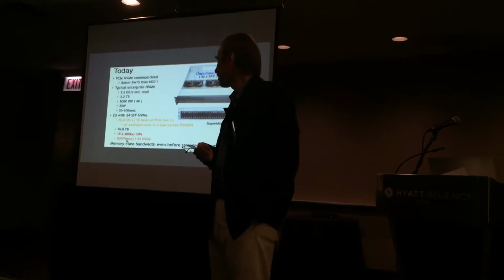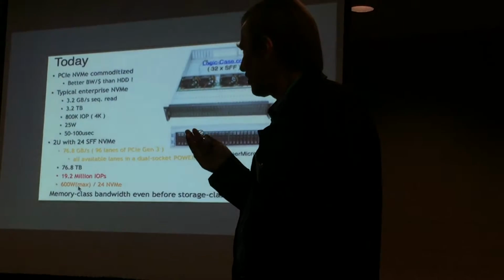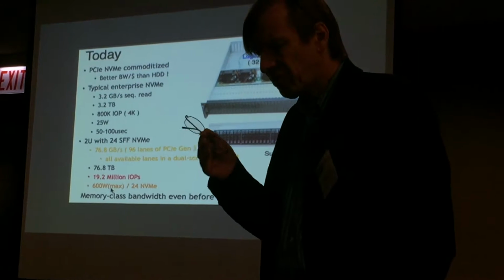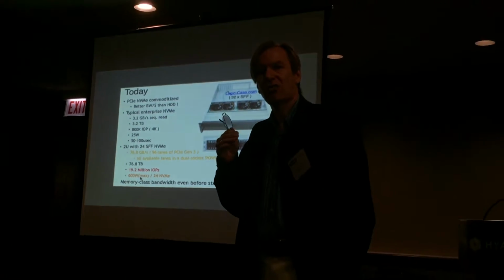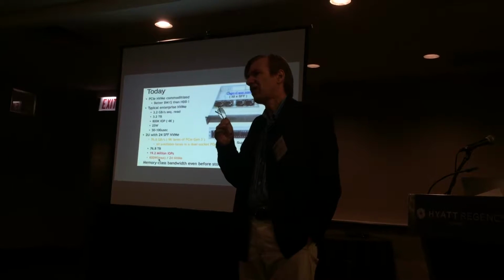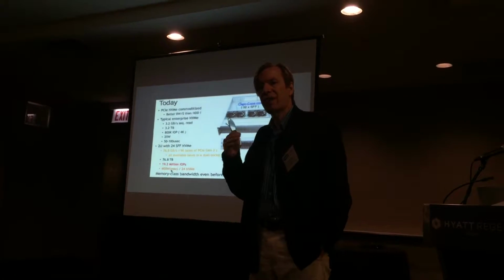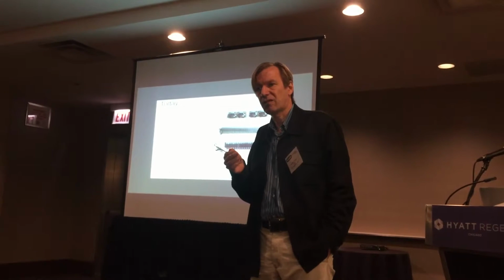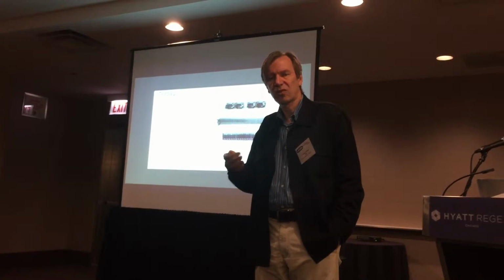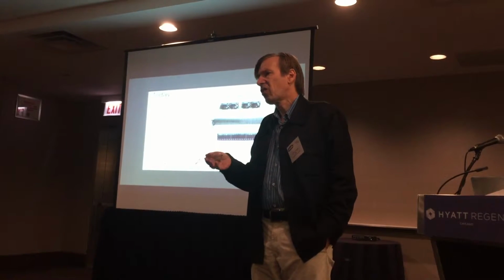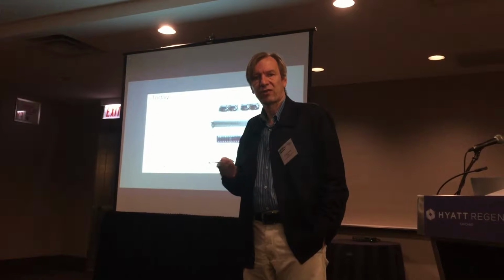So that's not very different. What is surprising, though, is that the cost of these things has come down to where it's more or less in line with what you expect to pay based on the amount of flash that's in them, right? So you see these things in the neighborhood of $1 a gigabyte,